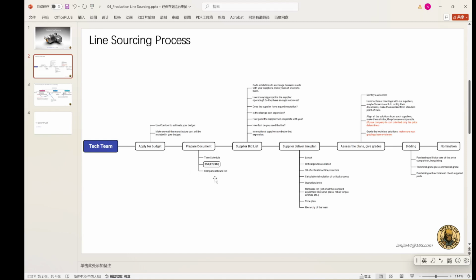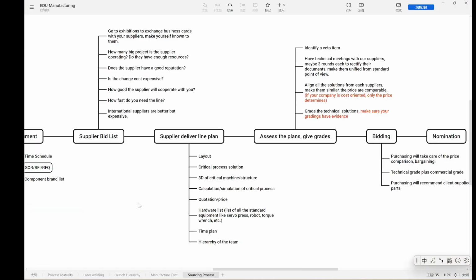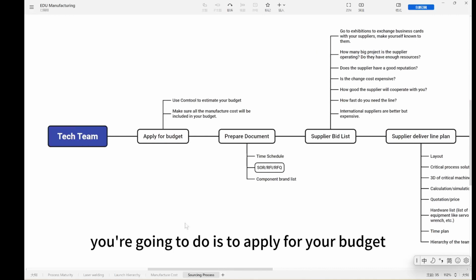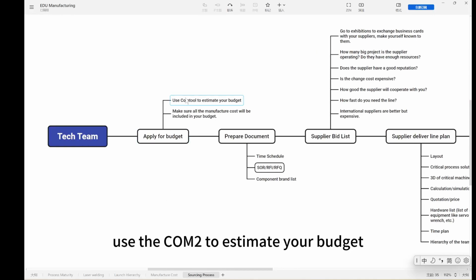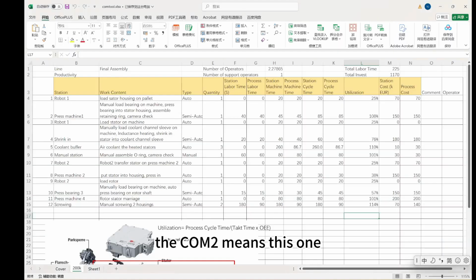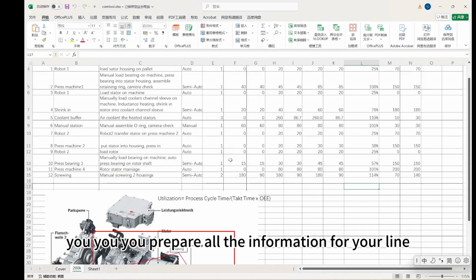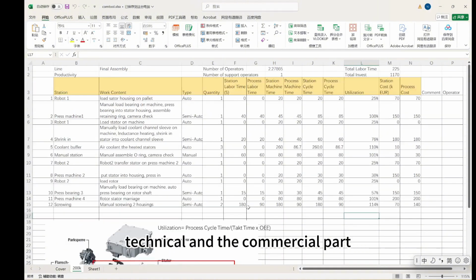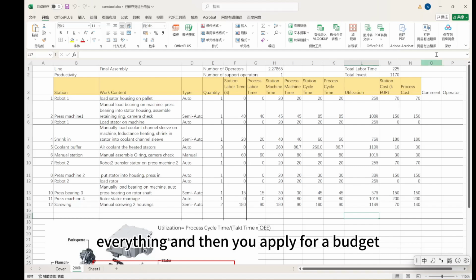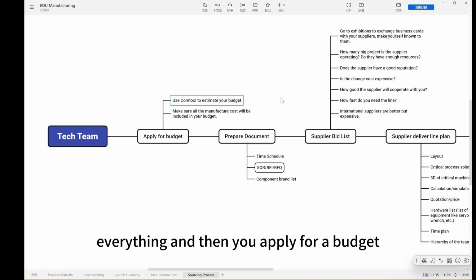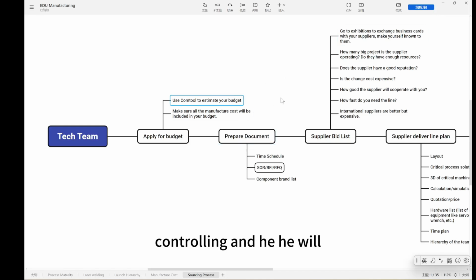Then you will start to kick off the line sourcing. The first step you're going to do is to apply for your budget. Use the COM tool to estimate your budget. The COM tool means this one. You prepare all the information for your line, technical and commercial part, the price, the technical working content, everything, and then you apply for a budget. Deliver it to your controlling,